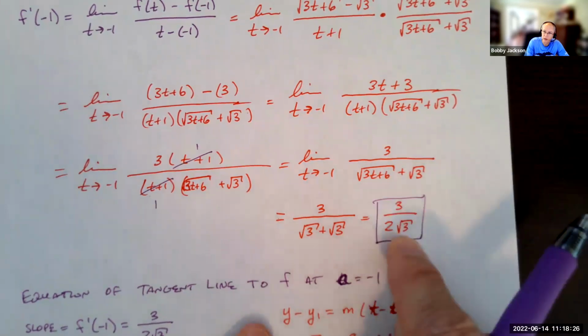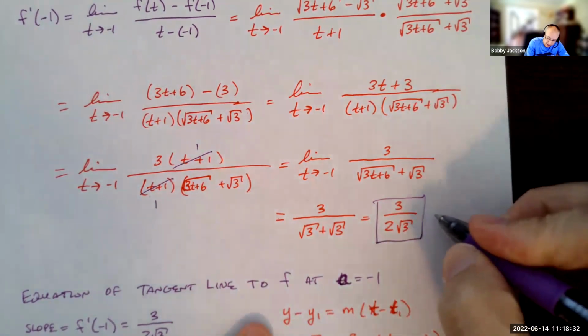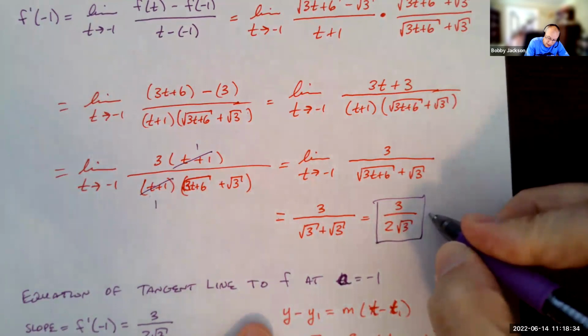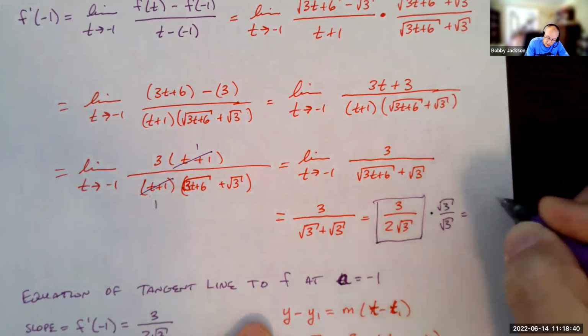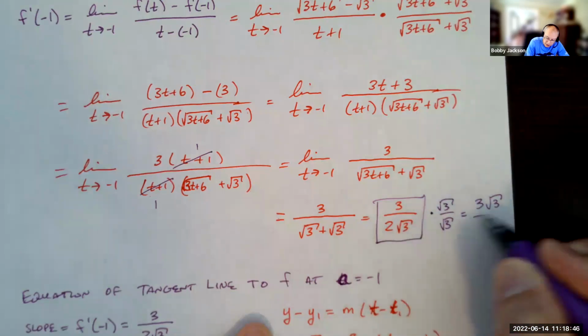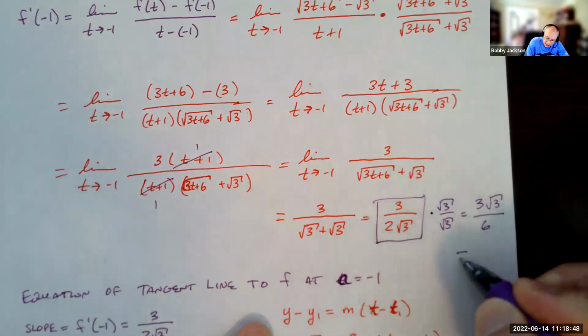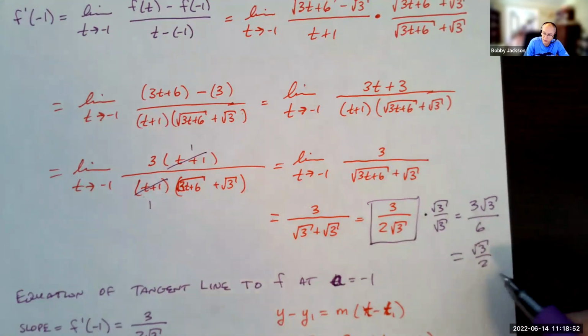So there's the actual result, and that's what they want in the box. Now you could rationalize this if you multiply top and bottom by the square root of 3 over the square root of 3, we would get 3 square root of 3. Square root of 3 times square root of 3 is 3. 3 times 2 is 6. 3 over 6 is a half. You get the square root of 3 over 2, which I think is a little more simplified, but they accept